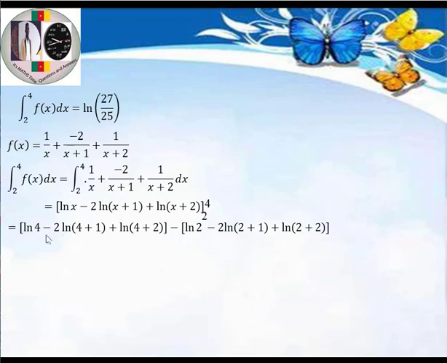So we are going to add: 4 plus 1 is 5, 4 plus 2 is 6, 2 plus 1 is 3, 2 plus 2 is 4. So we are going to have ln 4 minus 2 ln 5, that is 4 plus 1, plus ln 6, that is 4 plus 2, then ln 2 minus 2 ln 3, 3 is 2 plus 1, plus ln 4, which is 2 plus 2 here. So if we have that,